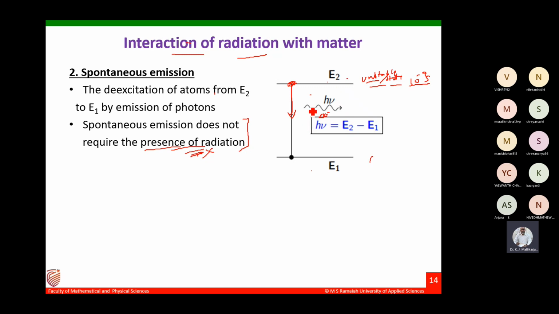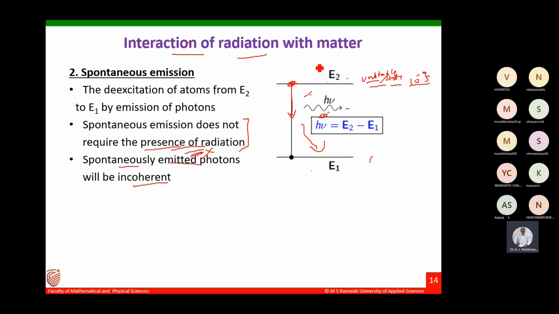While emitting that radiation, whatever amount they absorb is by some other way. There are different ways atoms can go to a higher energy level, and then they come down to the lower state, thereby emitting radiation of frequency mu. This does not require external radiation, and the spontaneously emitted photons will be incoherent. That means that in all our lights, this process does happen. One photon goes this way, another photon goes that way.